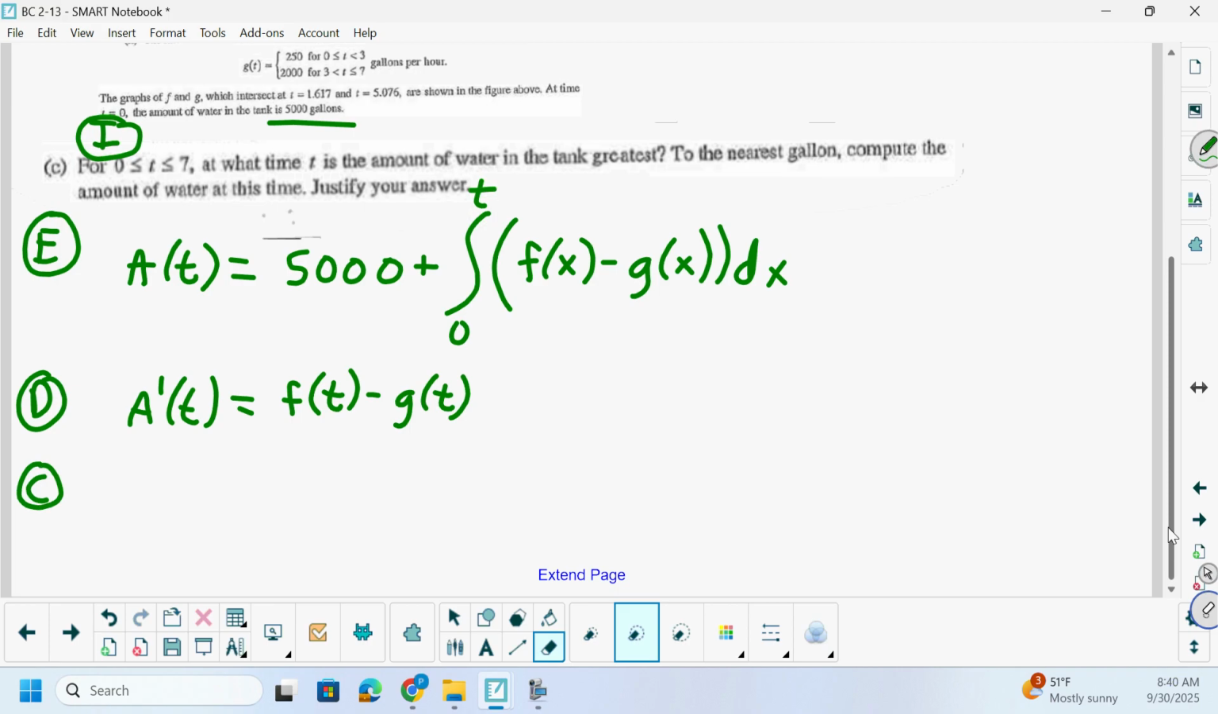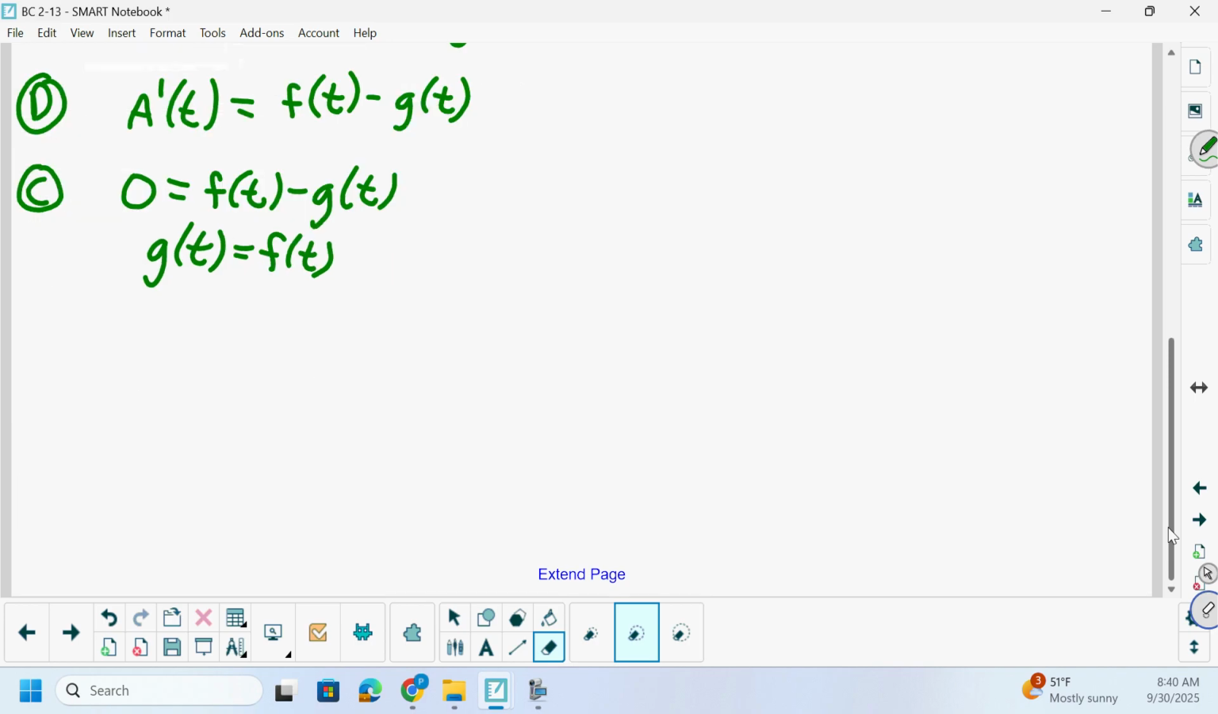So next we need to find our critical values. So we'll set our derivative equal to 0. If we add the g of t over, that's just simply when g of t is equal to f of t. So our critical values are just those ones that they gave us in the question where they intersect. So t equals 1.617. T equals the